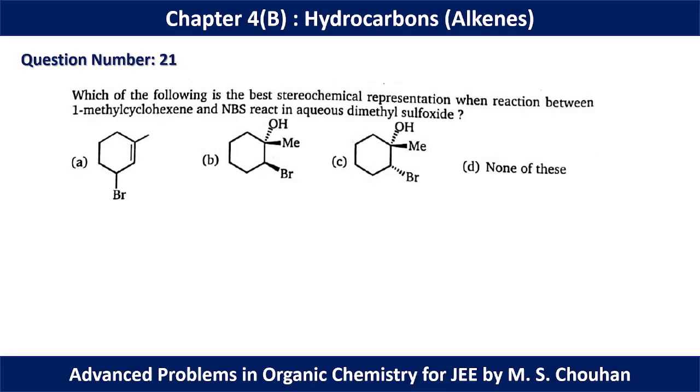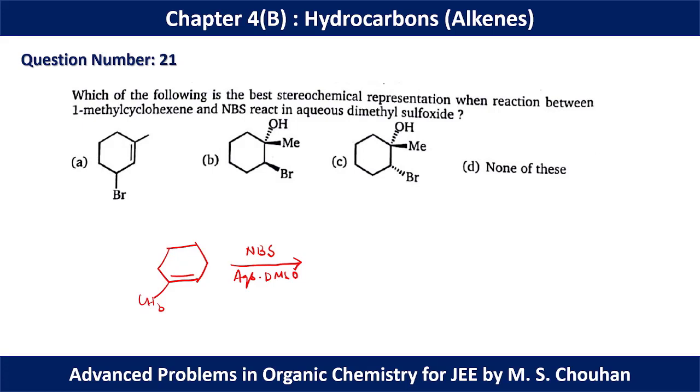In question number 21, which of the following is the best stereochemical representation when 1-methyl cyclohexene reacts with NBS in aqueous dimethyl sulfoxide? So basically we have 1-methyl cyclohexene, and we have reacted this with NBS in the presence of aqueous DMSO. So this is basically a halohydrin reaction, and as we know, in the halohydrin reaction we have